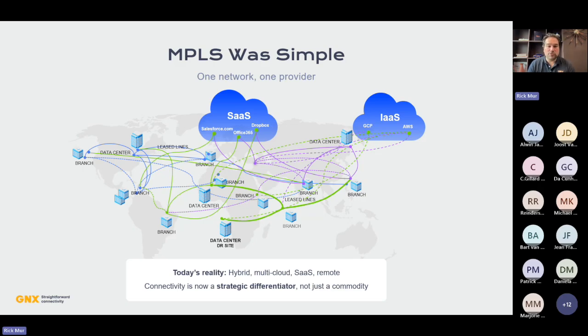It's highly complex to understand where your users are, where your data is stored, and how traffic is flowing between each of these destinations. Meaning that connectivity is not just a commodity, right? If we usually talk to some of the people in the SD-WAN space, maybe they're like, just get some internet connectivity and we'll be good to go. Sure, your connection will be up, but will your connection actually be performant, and will it actually be differentiating for you? So different types of connectivity, different types of areas to really look at as a differentiator, rather than just getting it as a commodity service.